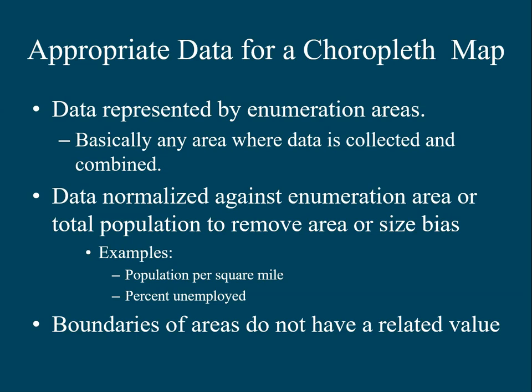population. So it's not really an accurate description there. So it needs some extra variable, either a normalization or a secondary visualization method. So maybe on top of the choropleth also have a cartogram showing total population. That would be a more interesting way to normalize it. So things like that. Other appropriate data would be boundaries of areas